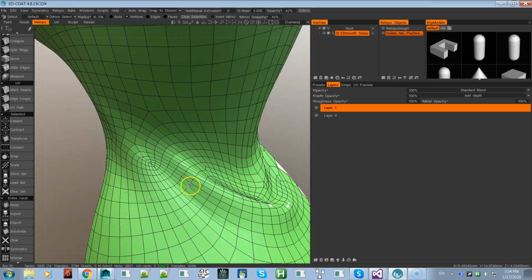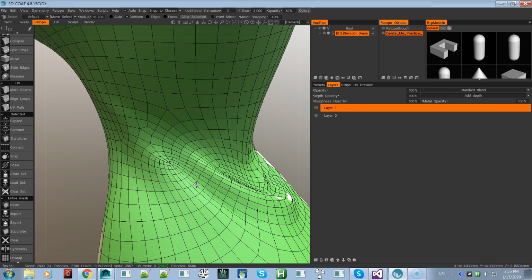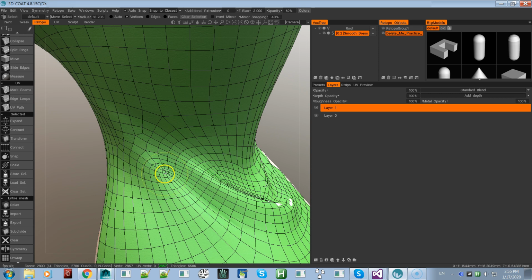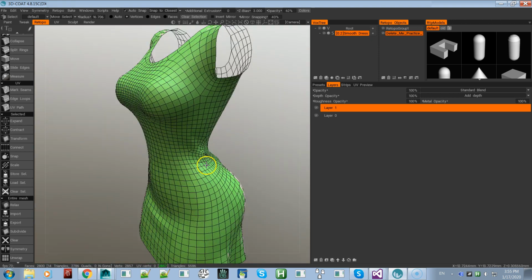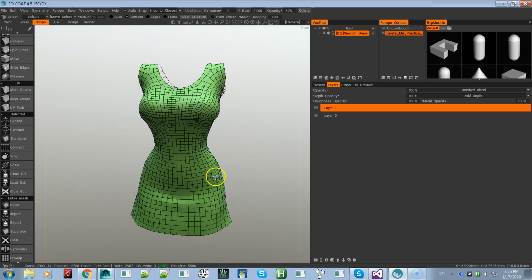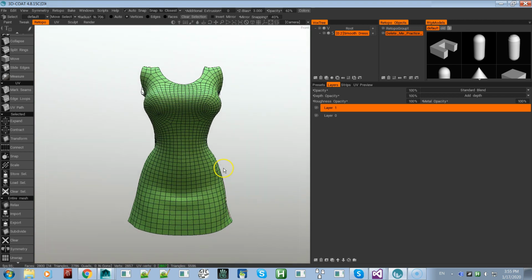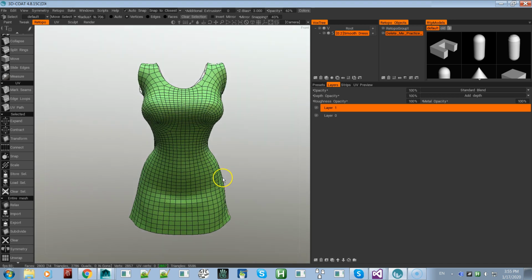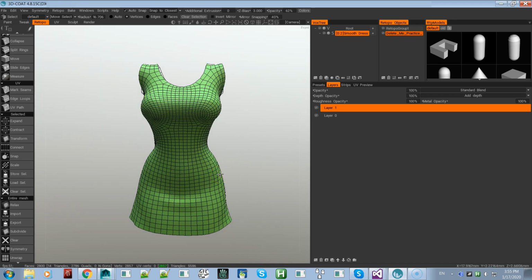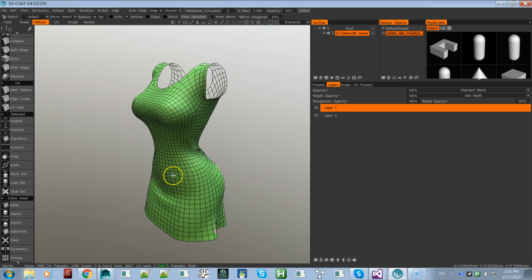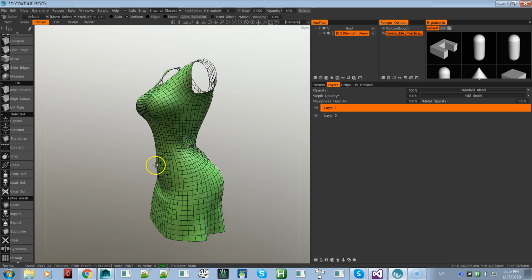Yeah. So anyway, the auto retopologizer is never going to be perfect, but like I said, I could probably get rid of a lot of this area right in here, and it'd still look just as good. But like I said, you can nitpick everything and go super crazy cleaning it up. It will never be as good as manually retopologizing something, but for the amount of time and effort put into it,